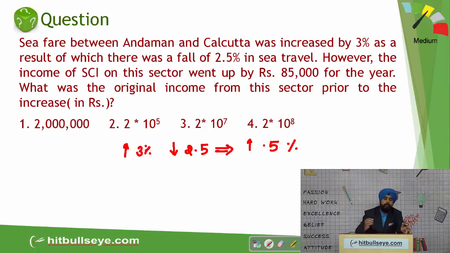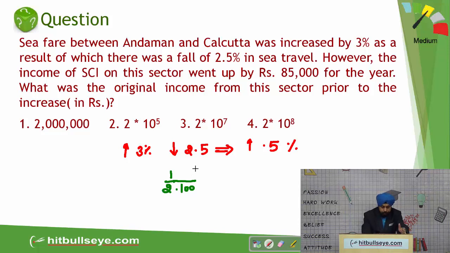Why? Because there will be some mutual impact of these two. That's why we apply x plus y plus xy by 100, because the options were so far off, so we just take it approximately. Now 0.5 you can call it as 1 by 2%